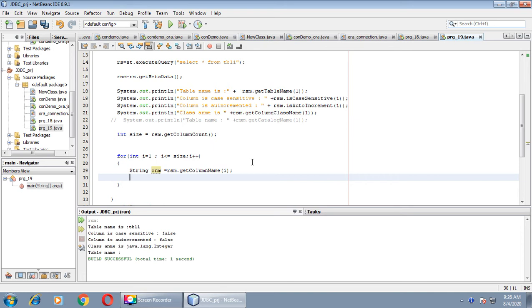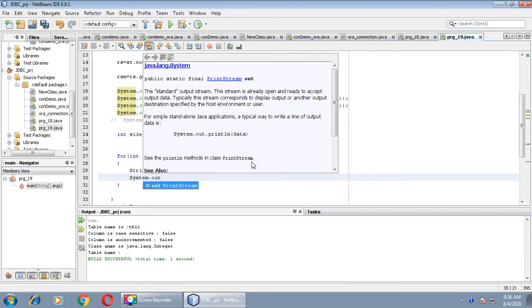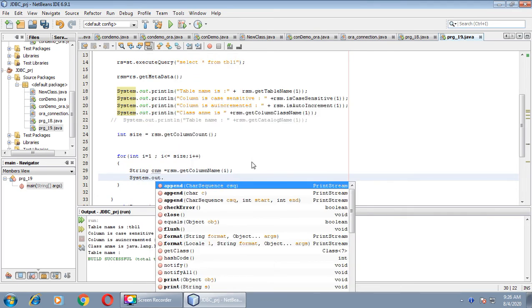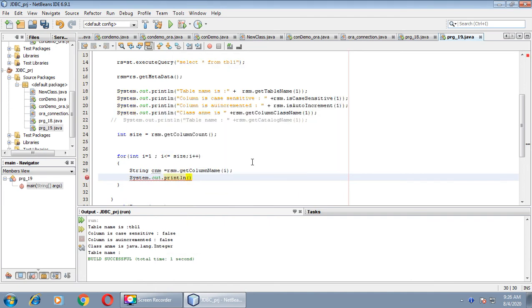Then second, we will print the name of this column by System.out.println. Inside the bracket we will pass the column name.